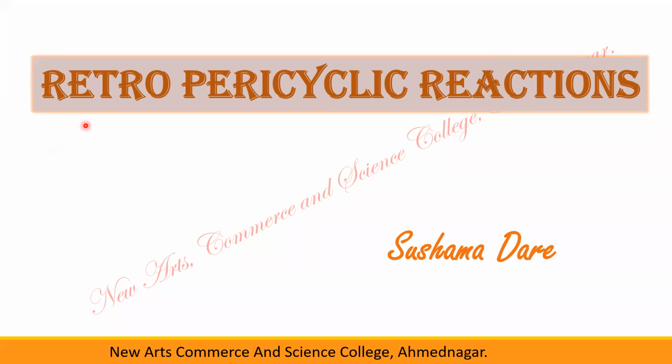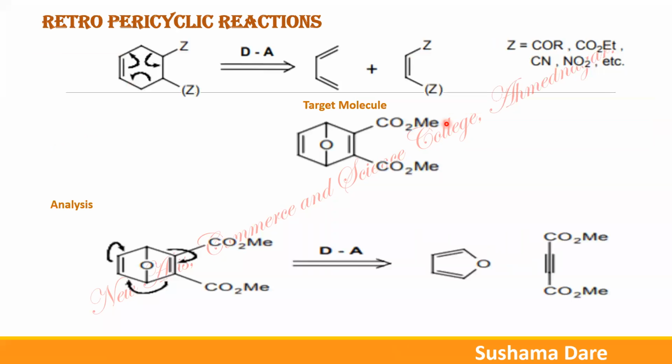Today I am going to discuss the retro-pericyclic reactions. So here is the example of the retro-Diels-Alder reaction. Now here there are two different types of groups, Z and another Z, where the first Z is an electron withdrawing